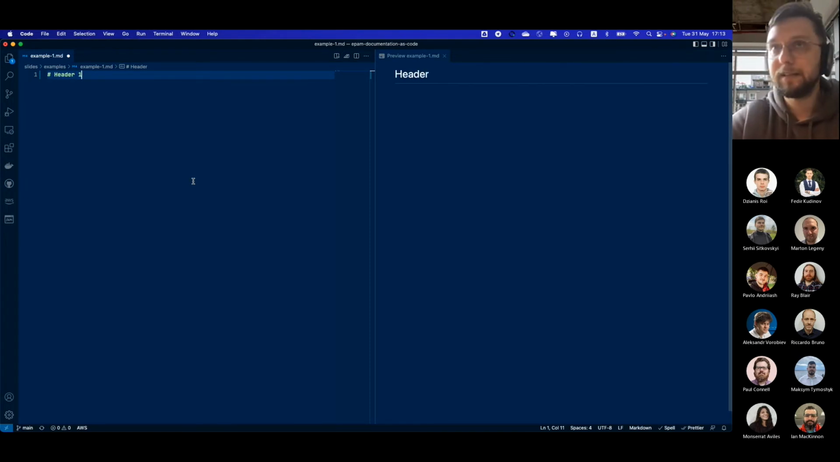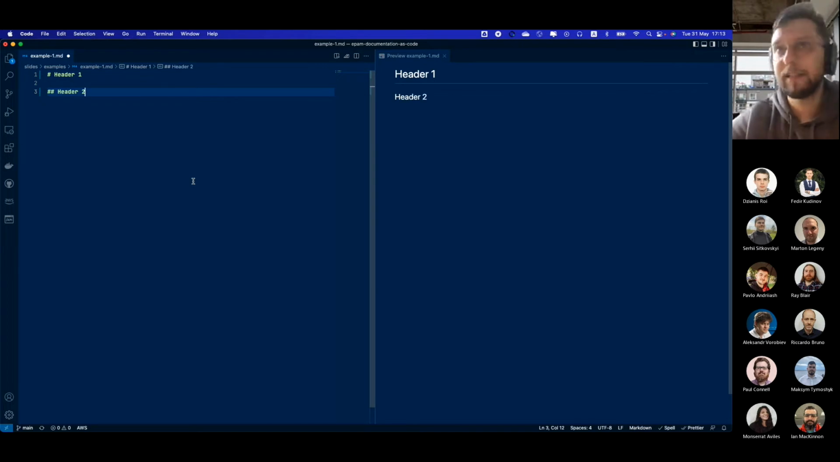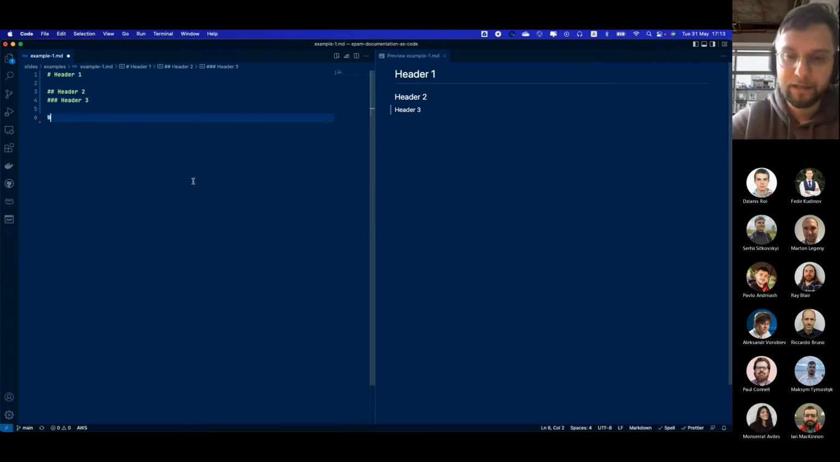So if we're adding one single hash at the beginning of a line, we will have a header of the first level, a header of the second level if two hashes, a header of the third level if three hashes, and so on. And next we're writing our text. Write text, write text, write text. So as you may see, text is still